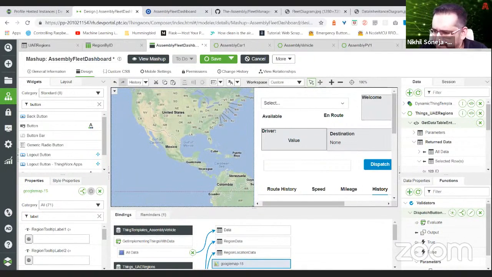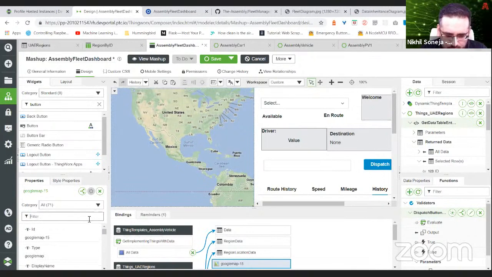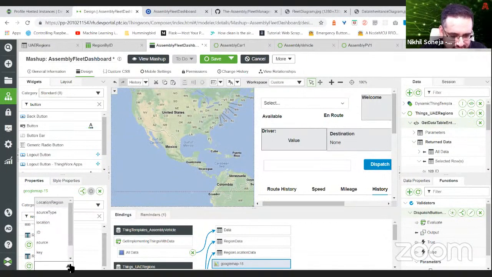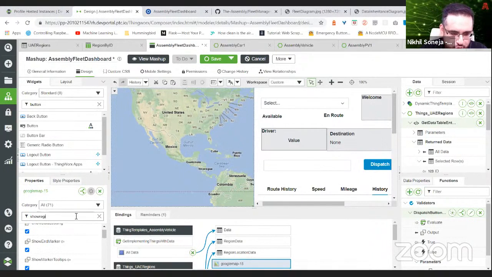Okay. What else do I need to do? So I've done all the data binding. Yeah. So on this, I'm going to have to set some values. I need to set my region location field to location and my region locations fields to location region. Okay. Now, once I do this, I also need to make sure that regions can be shown on the map. So once I do this and I hit save,